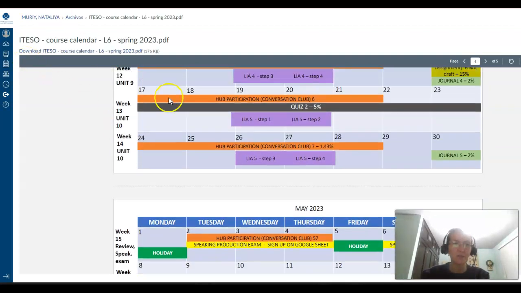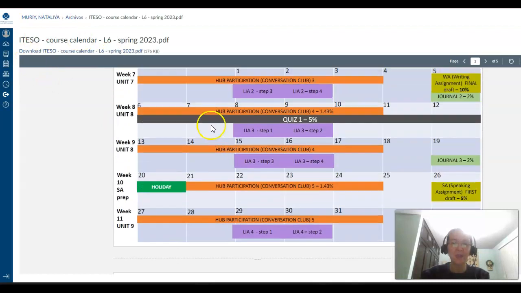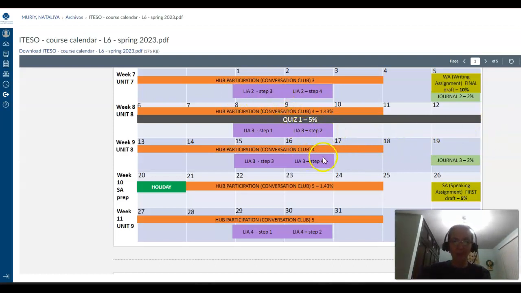So that's the course calendar, very important to check it out and set yourself the reminders, because not all of these activities will show up on the calendar here on the right when they're activated. For example, with language in action, you will only see it on the calendar on the 4th day, but that's step already number 4. So please set yourself reminders that on Wednesdays and Thursdays, basically of every week, except for